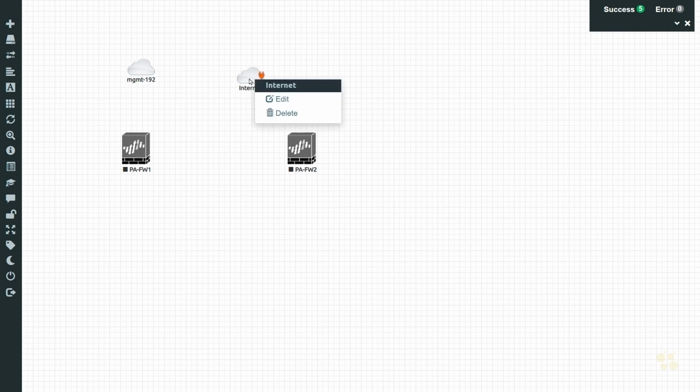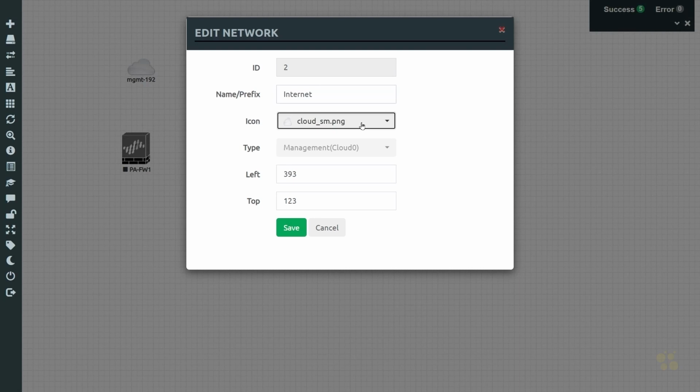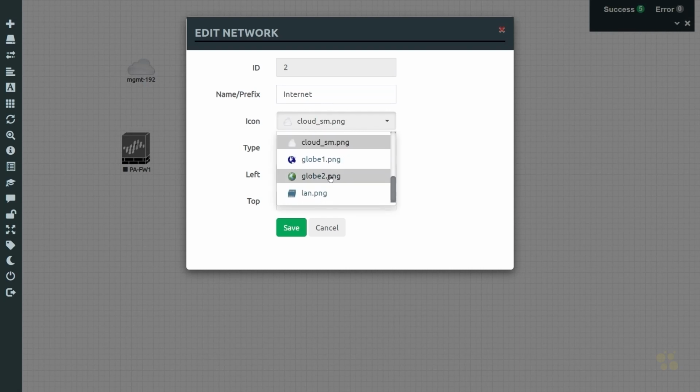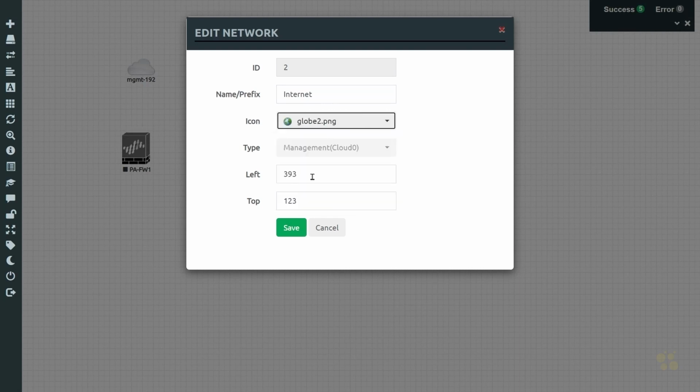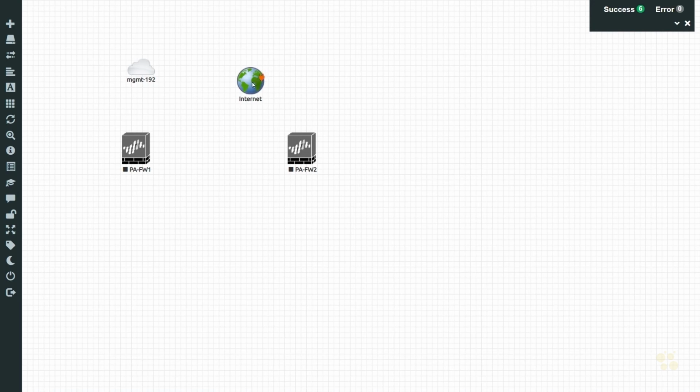In fact, let me change the icon for this as well. We'll go to Edit, and instead of a cloud for that, let's go ahead and use a globe. I'm going to choose Globe 2. And that way, it kind of looks and feels like the internet. All right, that works. All right, so there's management, there's the internet, and we need a cloud for the 23